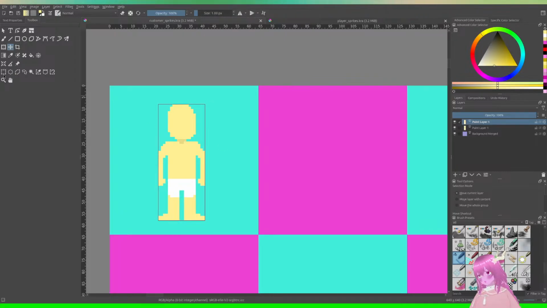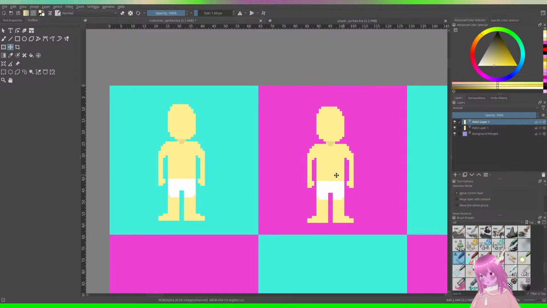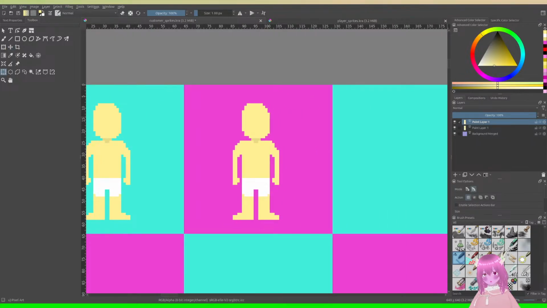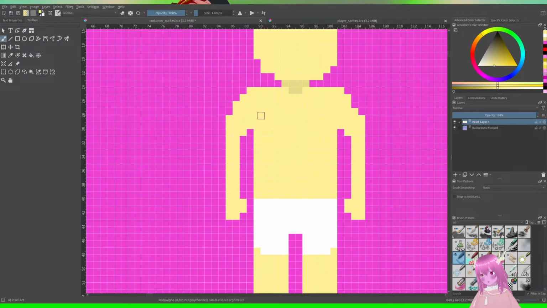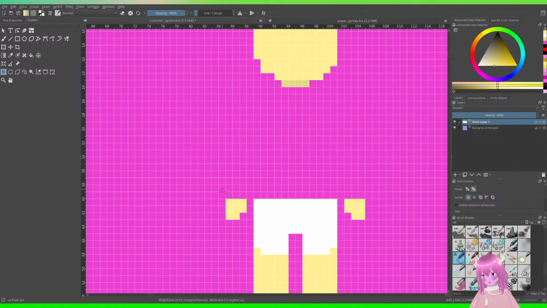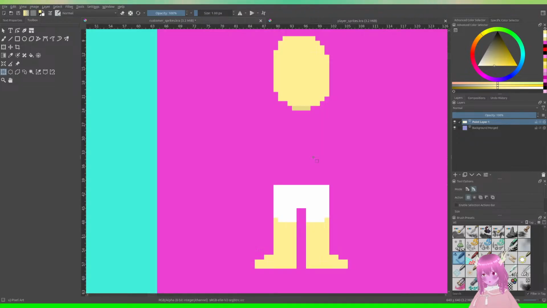Shoot. Alright, hold on. I got it. I know what to do. Yeah, there we go. And then this part needs to vanish. This part needs to vanish. And this part needs to vanish.